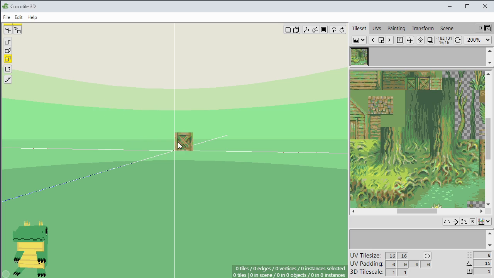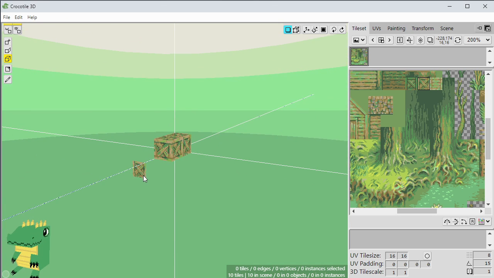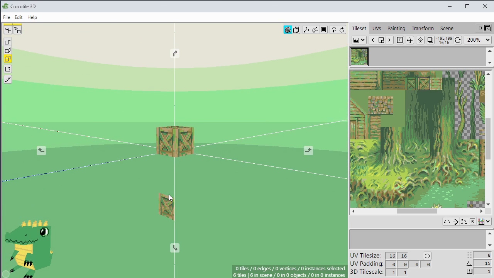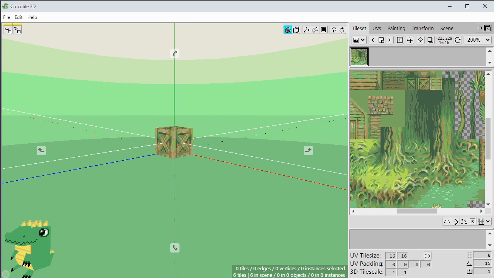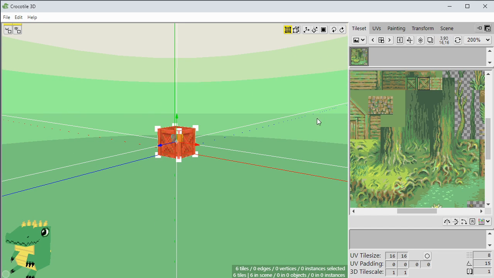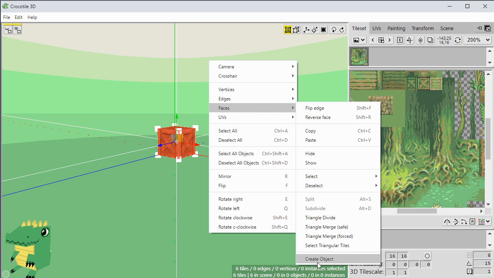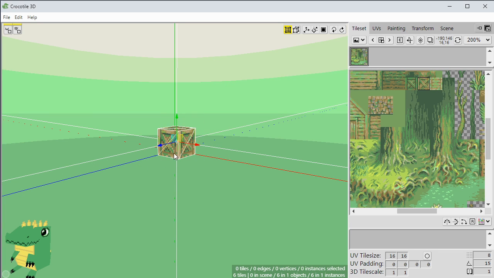But just to keep things simple, I'm going to use the block tool and just create a block, and I'll position the crosshair in the center of it. I'll select all the tiles using Control A, and then I'll right click, go to faces, and create objects. So we have this object created,